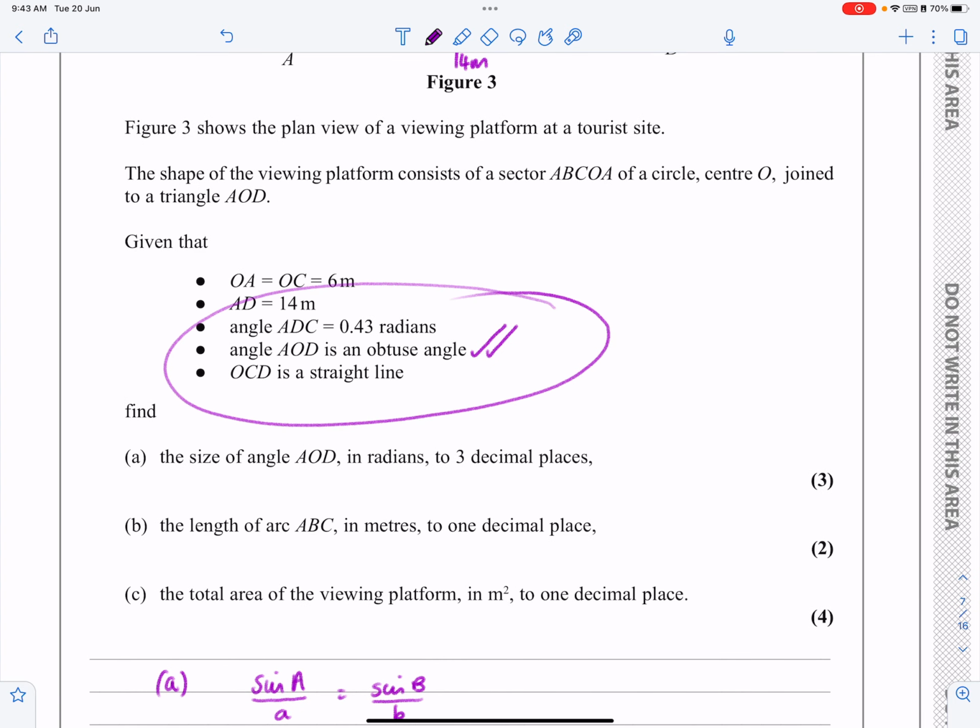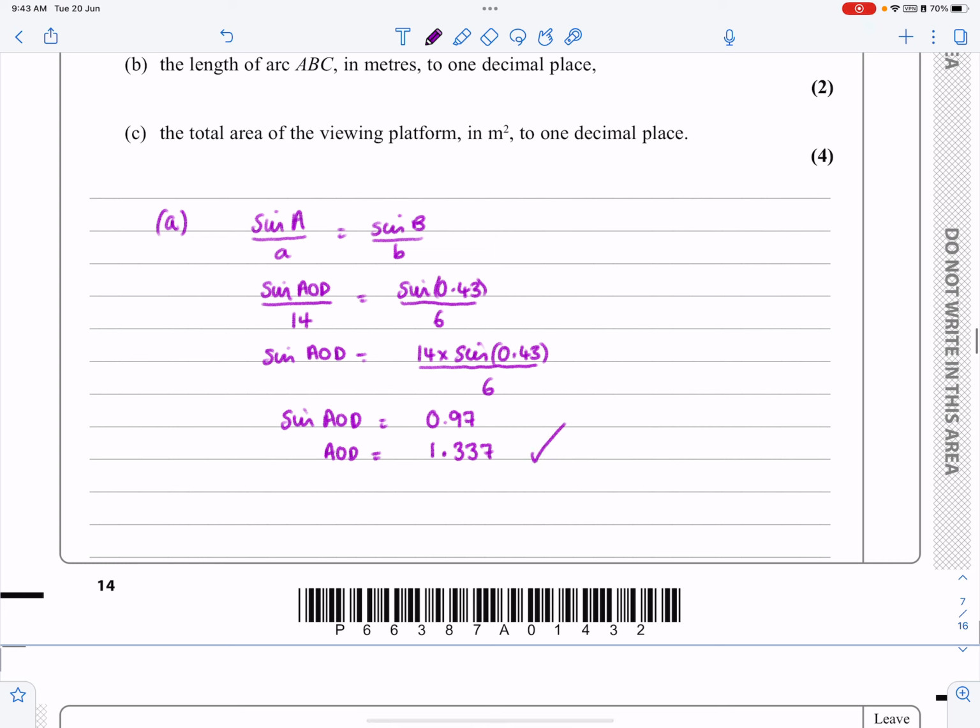Here it says that angle AOD is obtuse, okay? This angle is not obtuse, it's less than pi over 2. If it's less than pi over 2, then the actual angle I want, the obtuse AOD, is going to be, you could say 180 minus it, but obviously we're working in radians. You should try and get used to working in radians and actually talk about pi and pi over 2. That works out to be that, which is